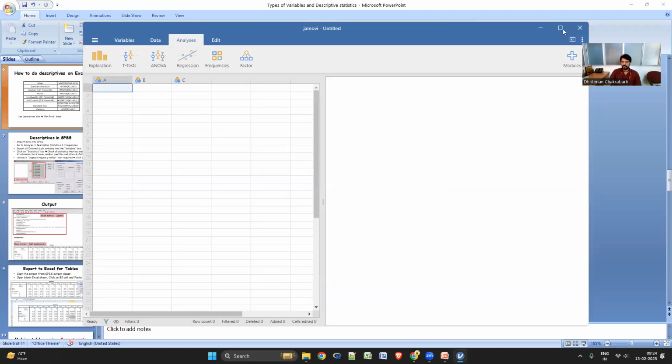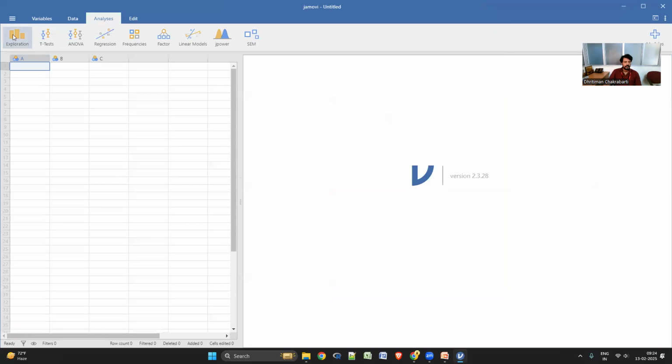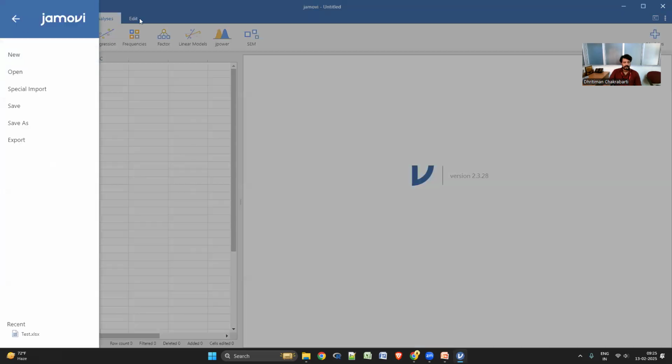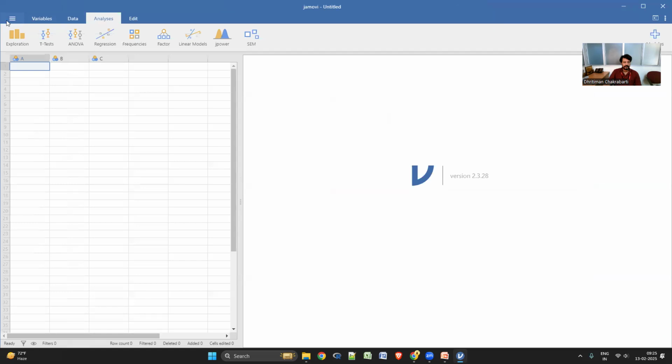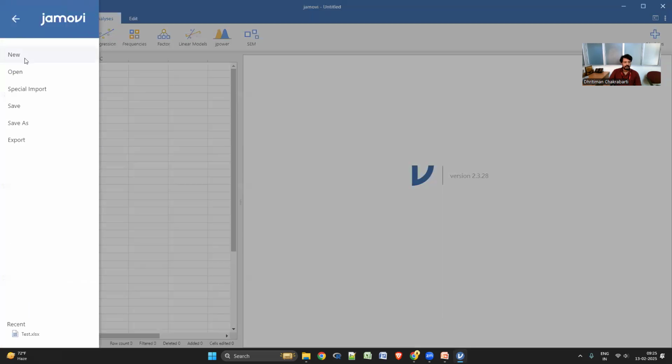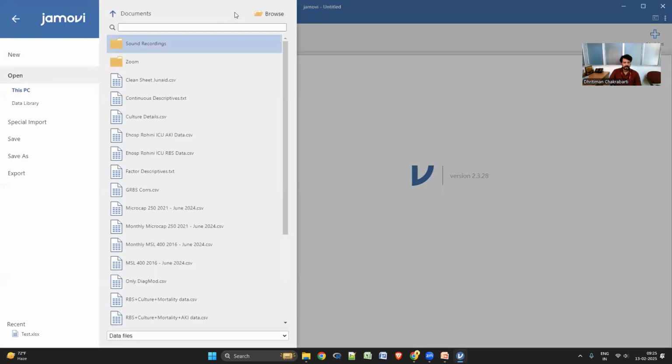Okay. So now that this is open, let's open up a new data set. As you remember from the last video, we'll be going to this 3-bar symbol. Then we'll be pressing open. From that, we'll be going on to,